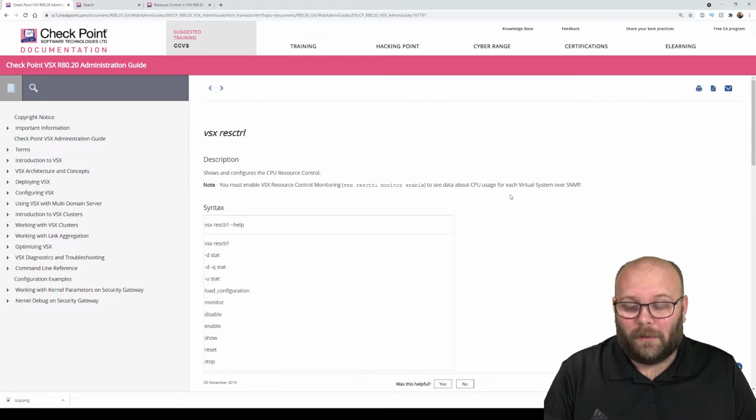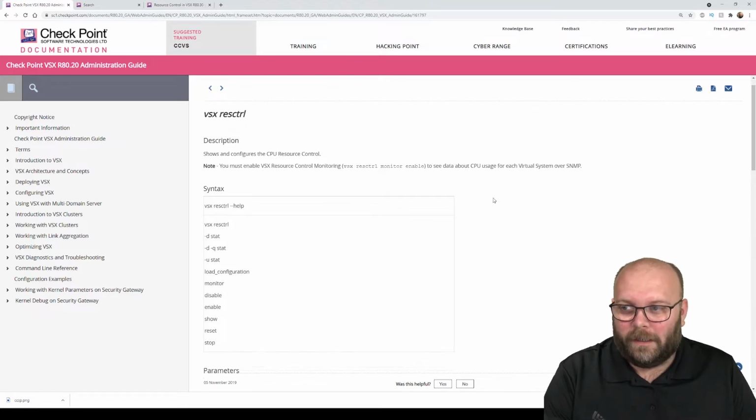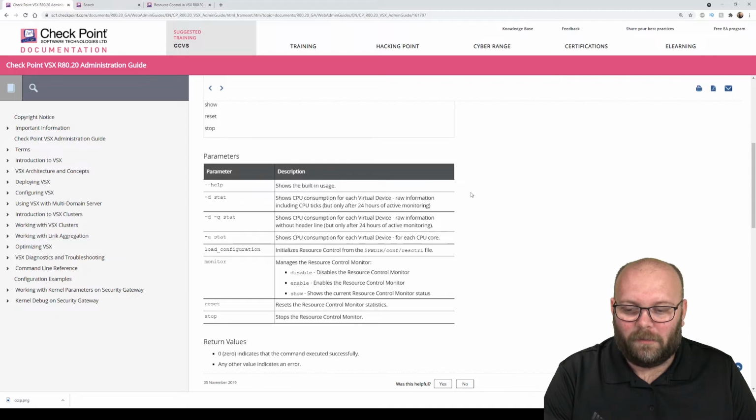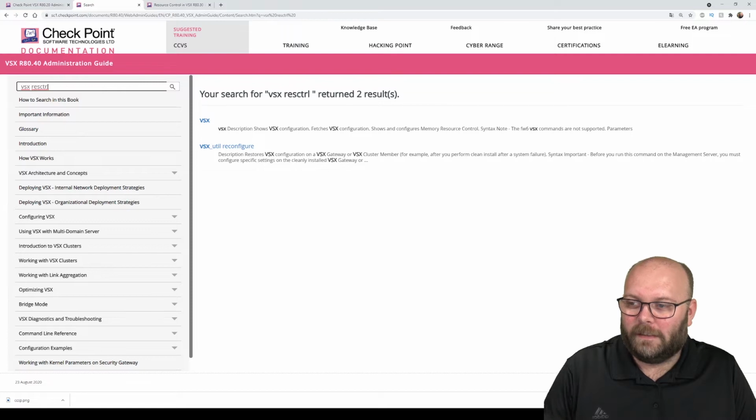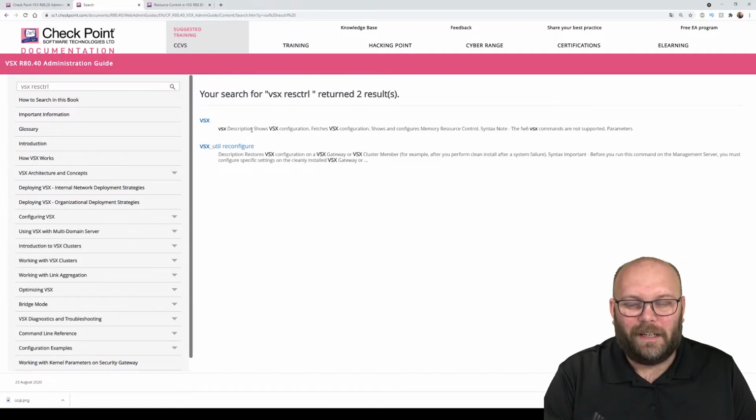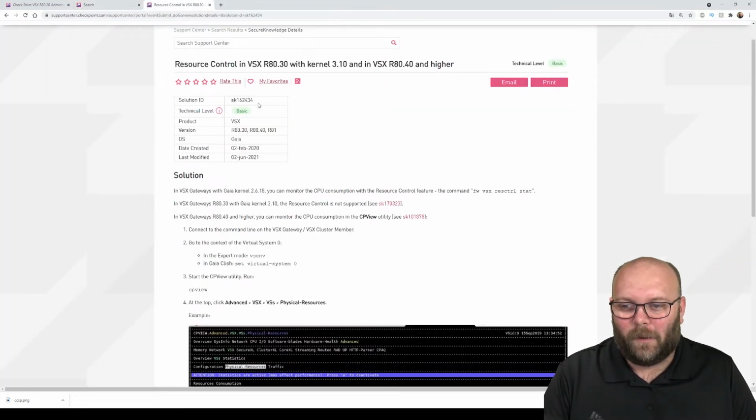I don't know if this command takes additional resources from the box. This is something I have used very little, but sometimes when it comes to troubleshooting, we have used it. And if you search for the same command in R8040, so VSX resource control, there is nothing about it. That made me think, okay, maybe the R8040 admin guide is missing something. But there is actually an SK called SK